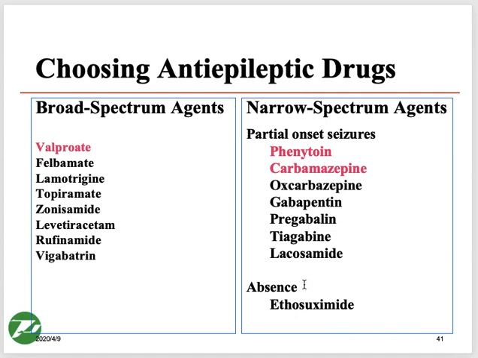All these drugs are available, right? One thing you have to remember, guys: the drug of choice for absence seizure is ethosuximide. What is the drug of choice for absence seizures? Ethosuximide. Remember, this is very important. I will tell you just one thing, and if you remember that, your life will become easy. For any type of epilepsy, the first drug should be sodium valproate. If someone is not responding to that, then choose carbamazepine.